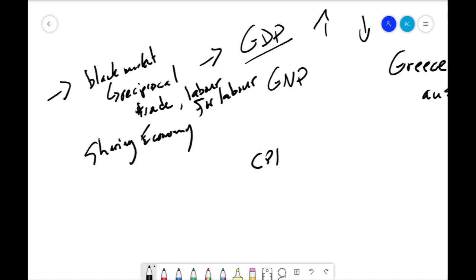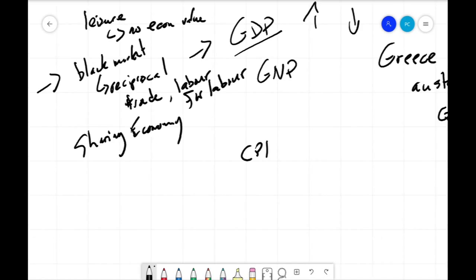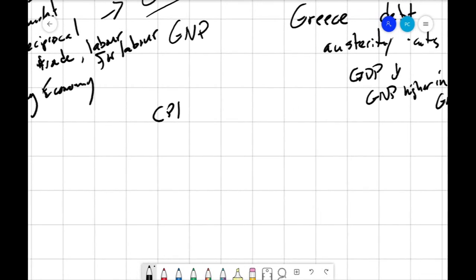And then the other thing is the value. Leisure time and vacation, for instance, have no economic value depending on what you're talking about, so they're not measured in the GDP. But that doesn't mean that leisure isn't part of what you want to measure in terms of people's lives. So that's also an omission when it comes to measuring the effectiveness of a country's economy.